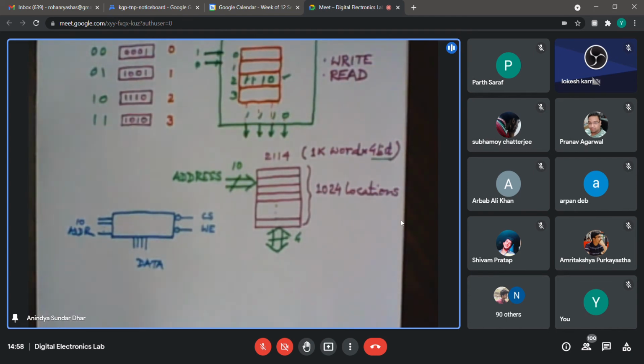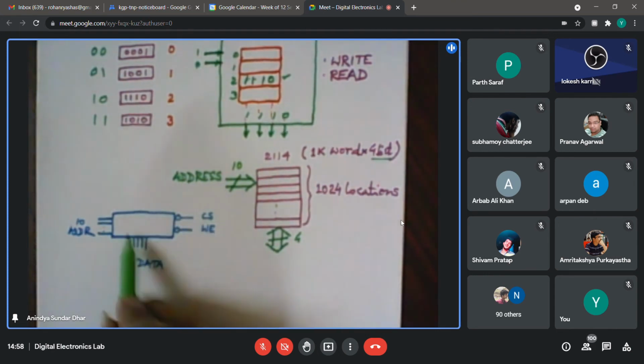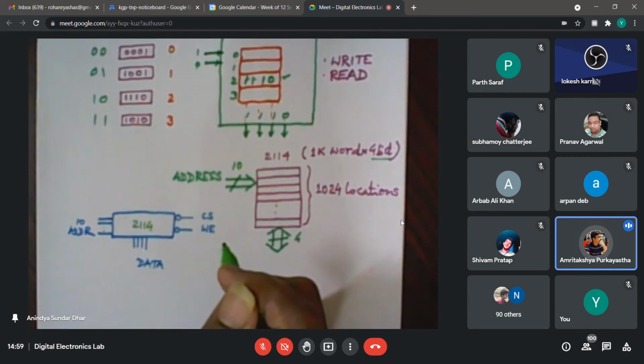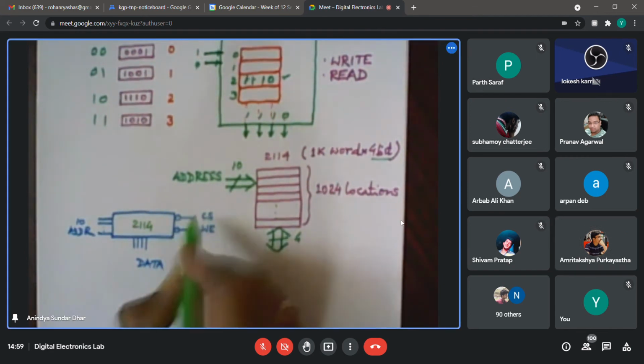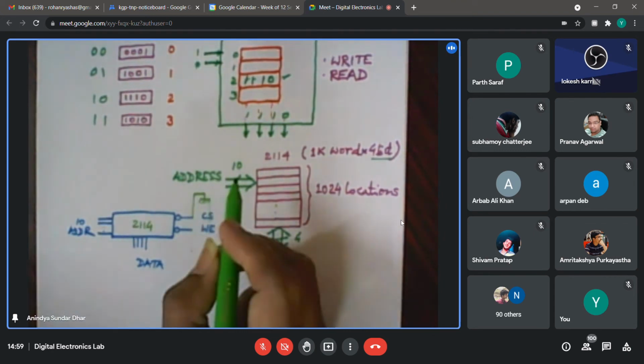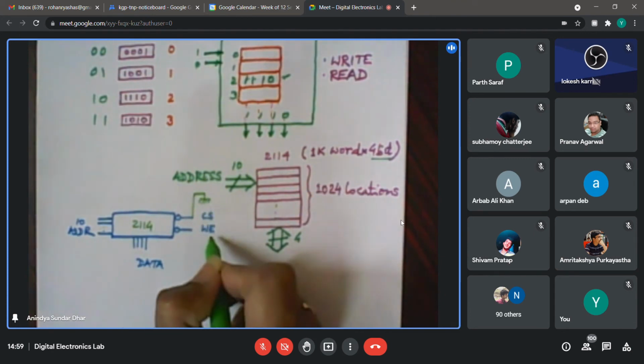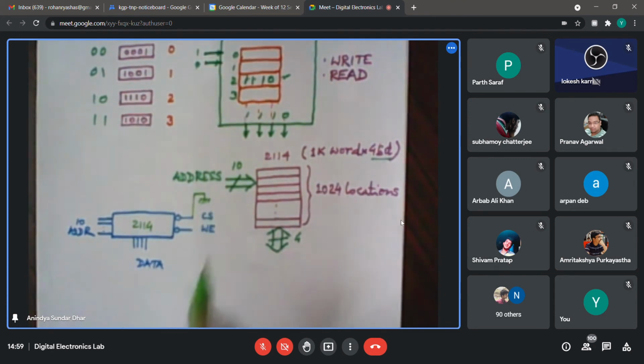So if I try to use this IC as a single chip, sometimes called standalone. Yes, please. Write enable is active low, right? Write enable is active low. So chip select is also active low. So I need to keep that grounded for our purpose. Under normal circumstances, we want the output to be available, so you would make that chip select low. While this write enable, what you have asked, is it active low? So when it is low or when it is high, what will happen?